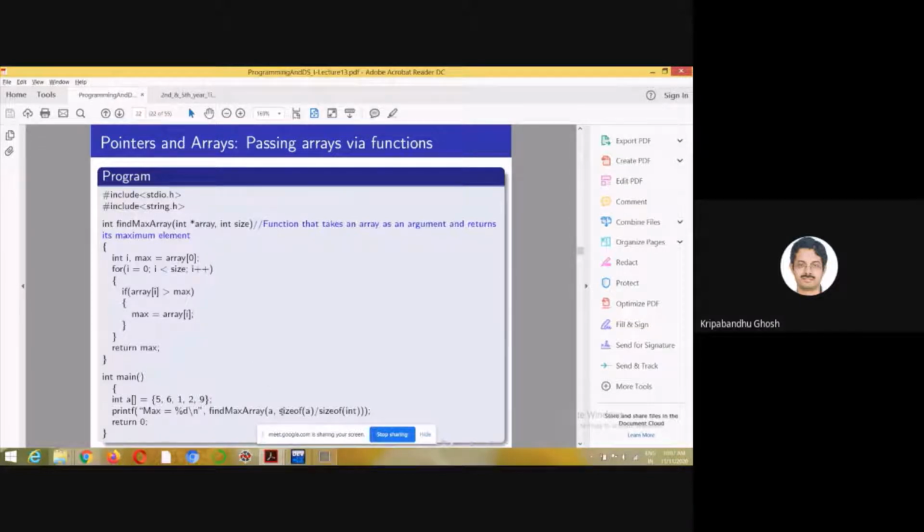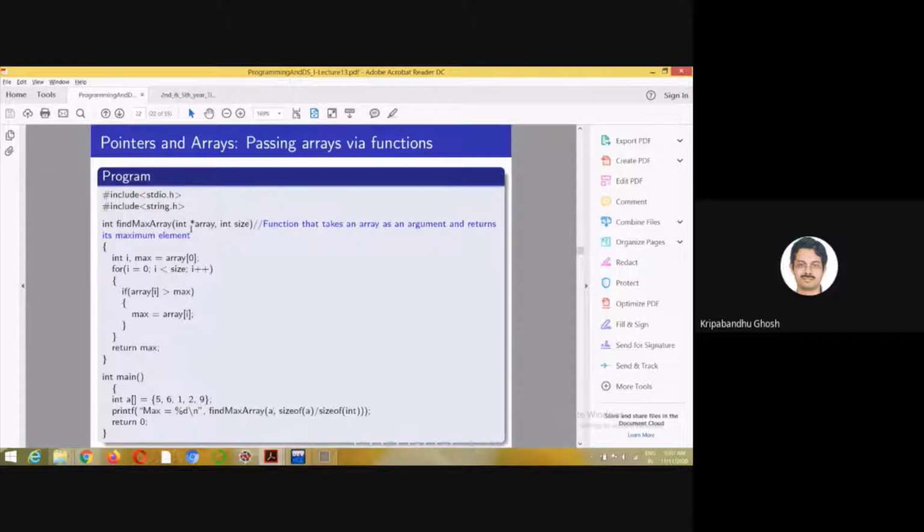So it's better to pass the size of an array. When you are calling this function find max array and passing a, you are basically passing ampersand a0, that is the address of the first element. So you are not giving any information about the remaining elements of the array, right?